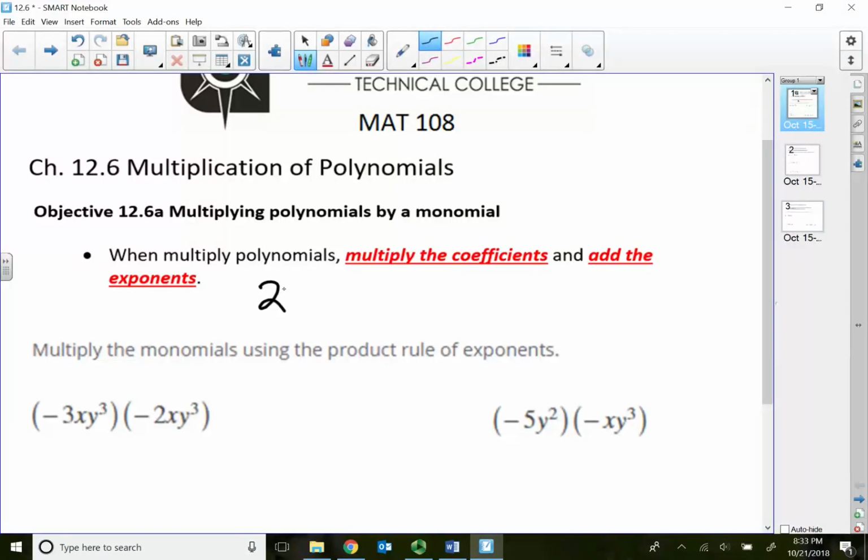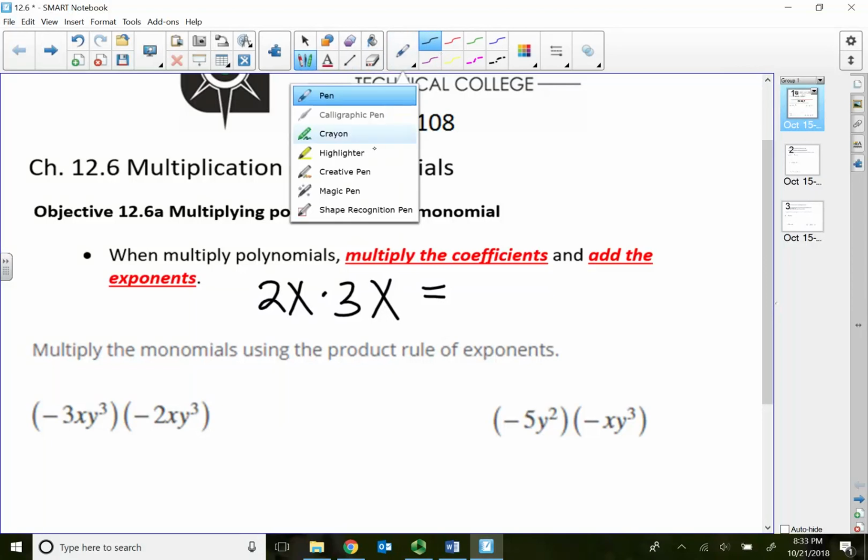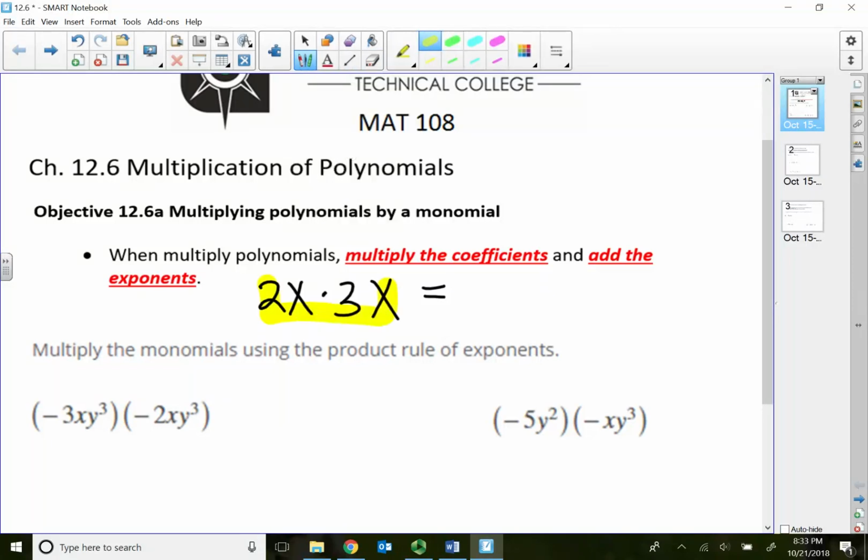Because when it comes to, for example, 2x times 3x, this is only one term. Everything is dictated by the term. So when we are multiplying, my problem is only one term. Within one term, 2 times 3 is 6. X times x: when the bases are the same and we are multiplying, the rule for the exponent says we have to add the exponents. Therefore, I get 6x squared, which is very different as compared to 2x plus 3x, where now I'm dealing with